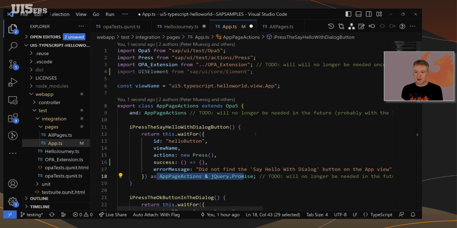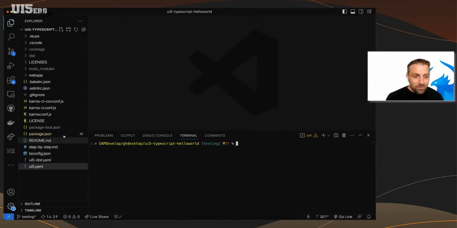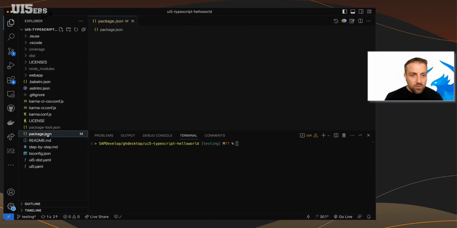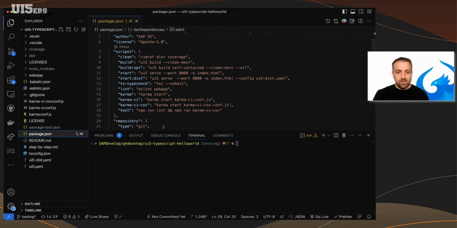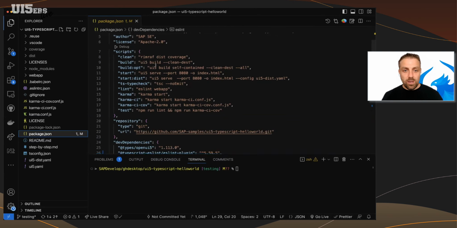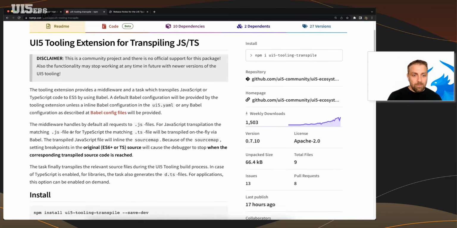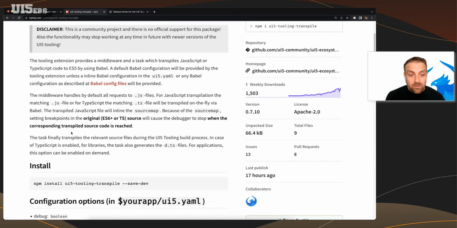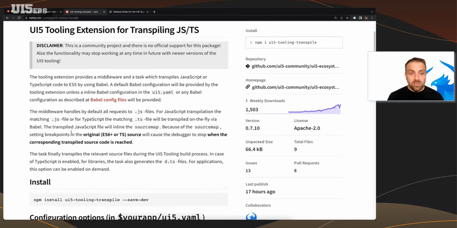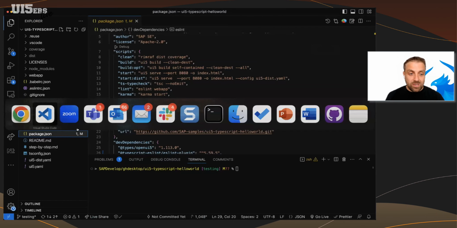To call the tests, now Peter, this is yours. So what we did also with this testing branch in this project, and some of you have that set up already, is that in order to make this transpiling possible for the TypeScript sources, we moved away from the babel configuration in the project. So everything is now integrated in the UI5 tooling with a tooling extension called UI5 task tooling transpile. And in that, we find a task and a middleware. And this can be used for simple babel transpilation of ES6+ to older JavaScript, or in our case also for the TypeScript transpilation.